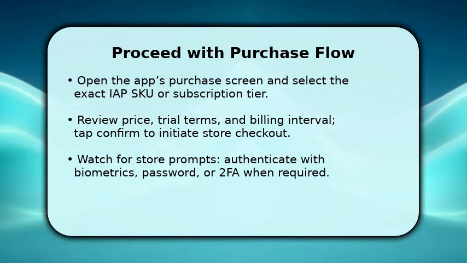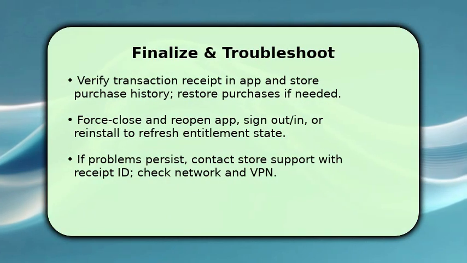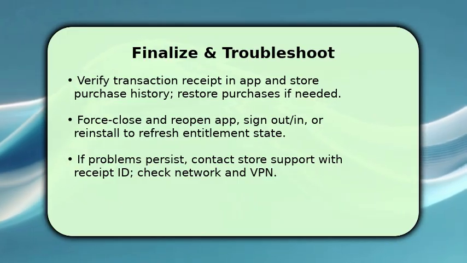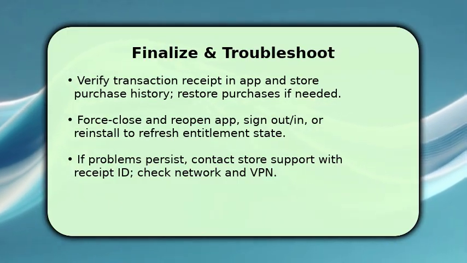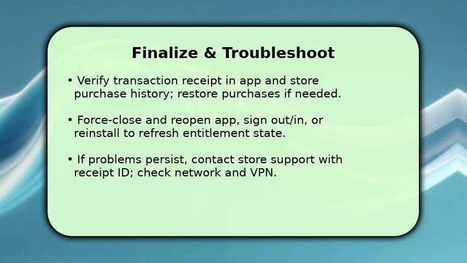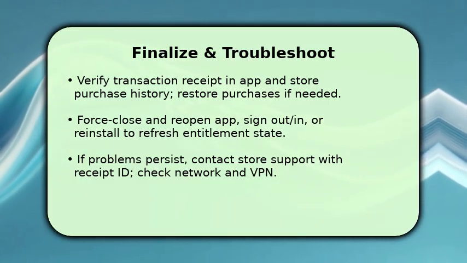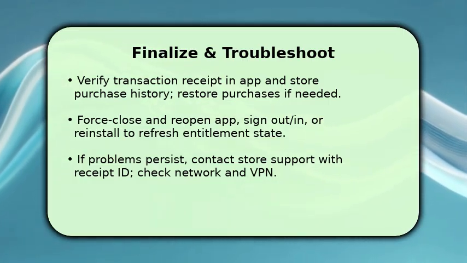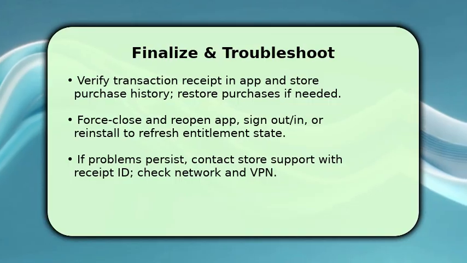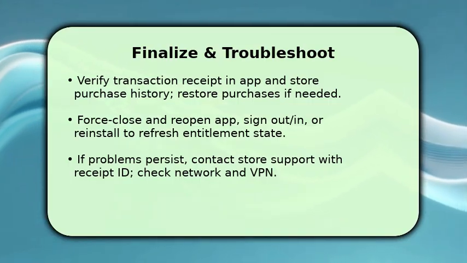You finish by confirming the purchase and resolving entitlement issues. Check the app's account page and the store purchase history for the receipt ID. Then use the app's Restore Purchases button so the server registers entitlement. If the item doesn't appear, force close and reopen the app, sign out and back in, or reinstall to reset